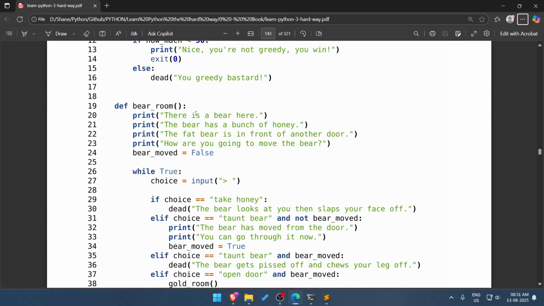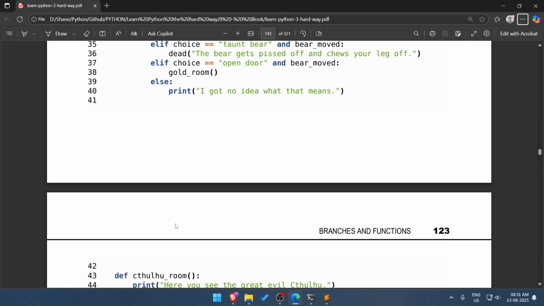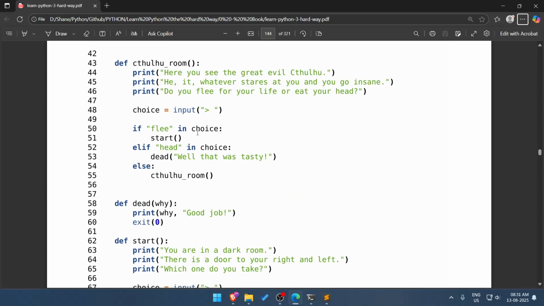Then you call Cthulhu's room. Cthulhu's room is the last one.